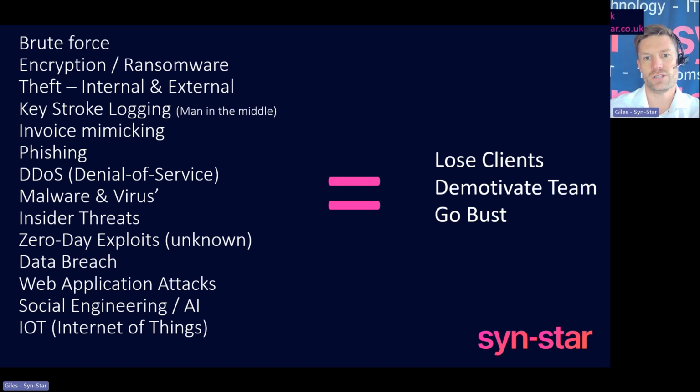This is huge because invoice mimicking is all to do with where they will hack into your network and then hack into your accounts package, however you're sending invoices, and they can just do simple things like they'll just change the sort code and account number for their bank details, and then they'll log back out and you'll never know anyone was there until in a few months' time when you're chasing invoices and people say that they've paid them using the details. So that is a really sneaky one as well.